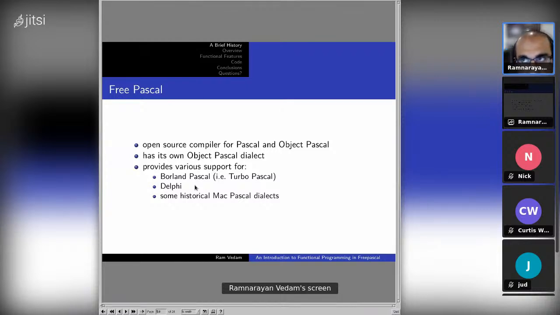So things like, I'm sure most people in the younger audience may not know these. There were libraries like OWL, which is the Object Windows Library, which I think is written in Pascal. There was the foundational component library, which was written in Pascal, that was giving standard collections and things. These are actual extensions that are not part of the standard, but they are available in Borland Pascal and its variants. And they actually fix some things like, there was a known limitation for Pascal in creating dynamic arrays.